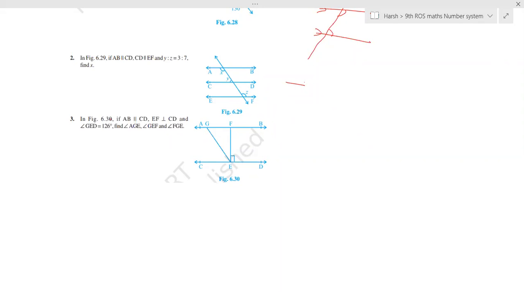Second one done? Has everyone done it? Yes, sir. Second question, anyone who couldn't do it, please let me know. So can you please tell the values of everything, sir? You tell me your values. Yes, sir. Sir, y is equal to 60, x is equal to 120, z is equal to 120.